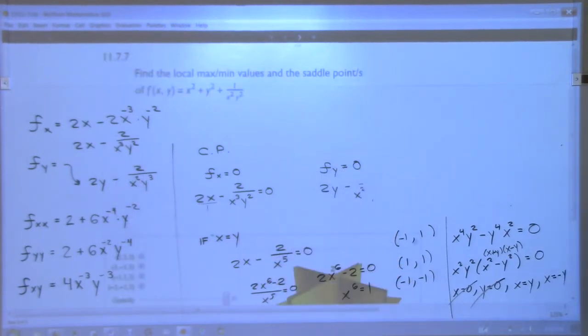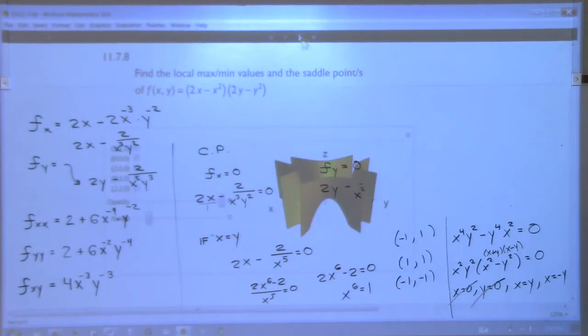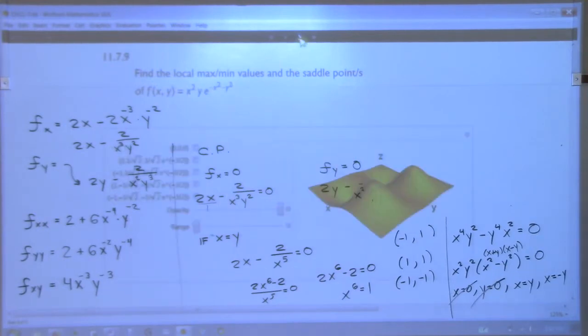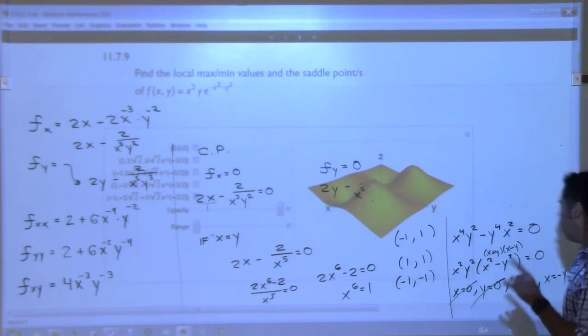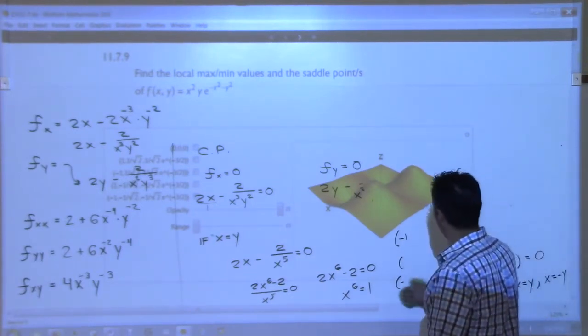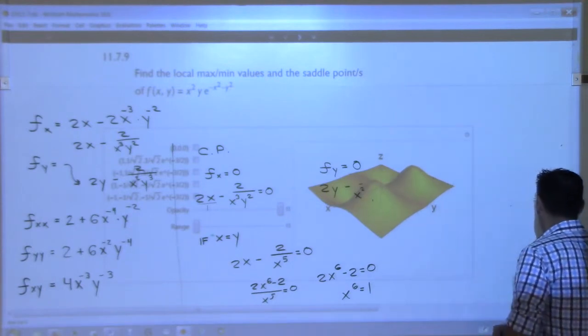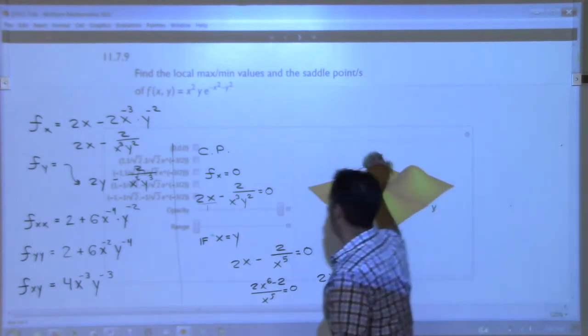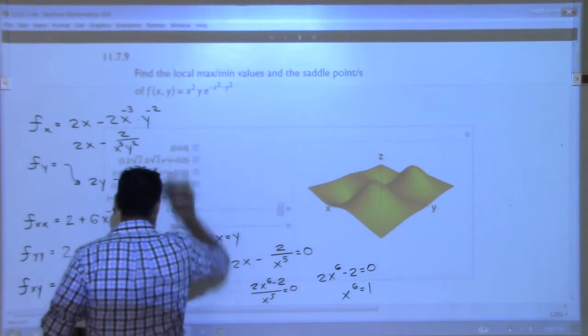Are we done with this? Nope, there's another one here. And then there's another one. This one I'm going to offer as a bonus problem. In your notes, 11.7.9. Now, let me warn you about this. Go ahead and pack up. You can start walking out if you want to. But if you're going to do this as a bonus problem, you need to carefully consider what happens here, because